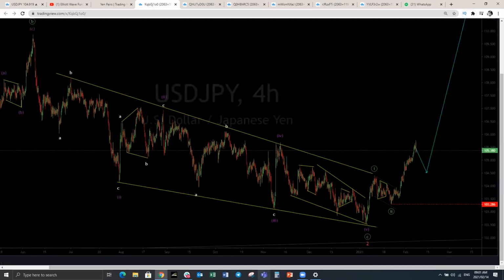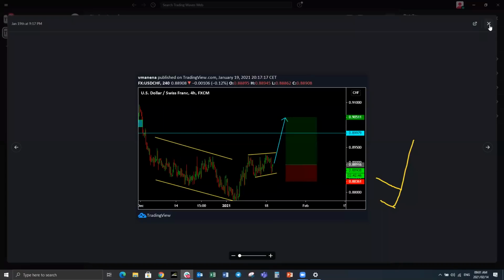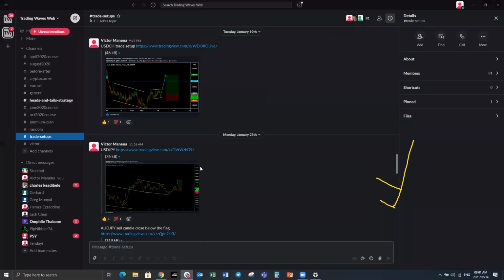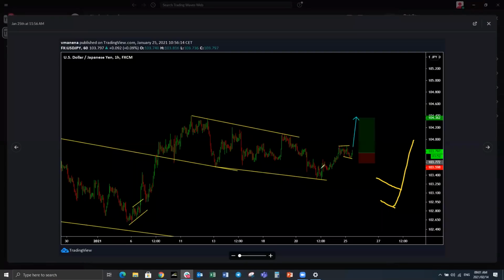This is another one which we had a trade set up on to buy it around these levels. We bought it up to this level. So this is the setup here. Let's just have a look at that trade setup on our US dollar yen. Let's see if we can find it. So this is US dollar yen. You can see the trade setup here. We looked for this one to go at around 104. We eventually got up to 105. That's fine. We took what we could and got out of the trade.